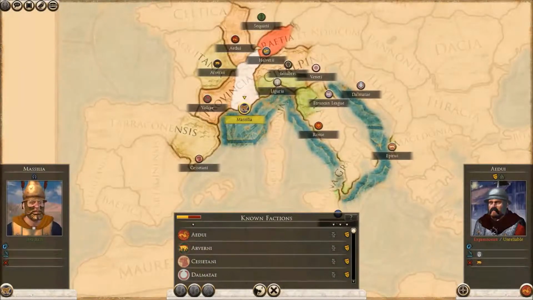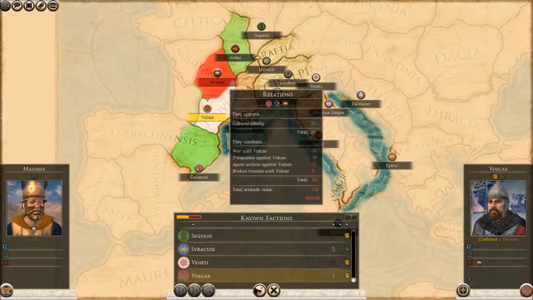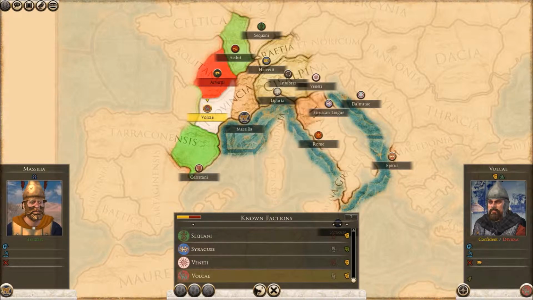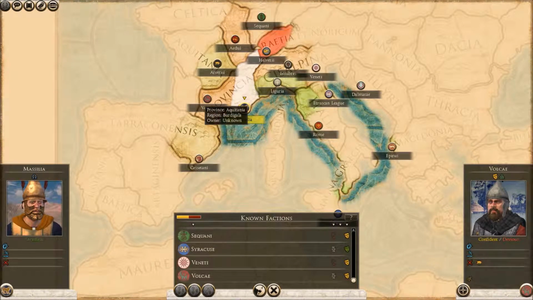Before I jump into this, I want to see who these guys are friends with. So the Kistani, but they're enemies with the Arvini. I might be able to befriend them because of this. So,